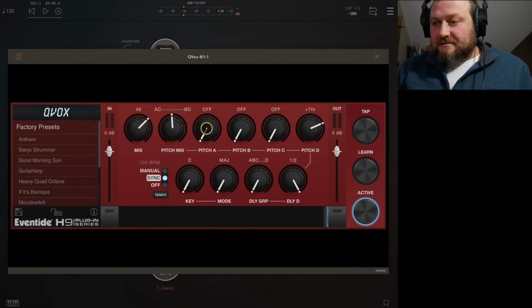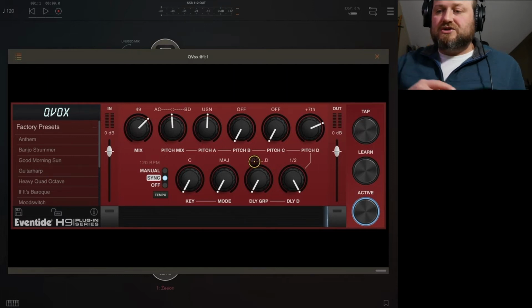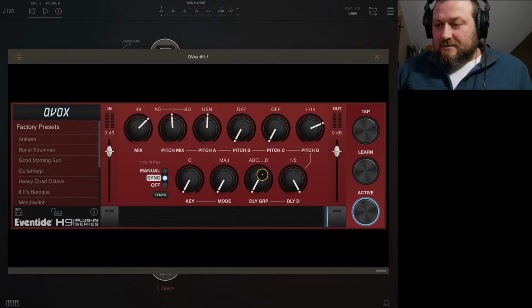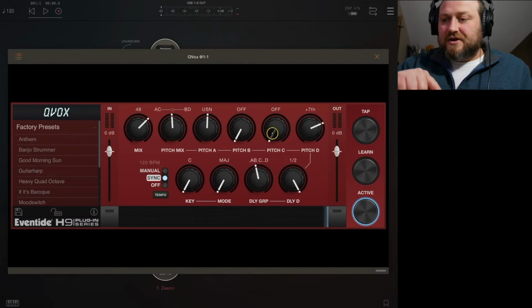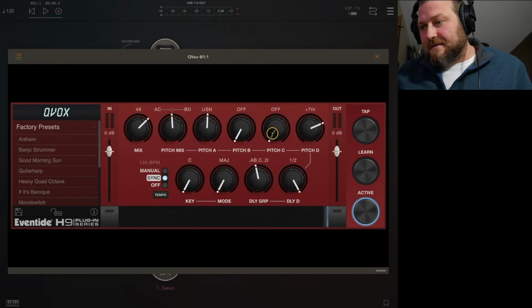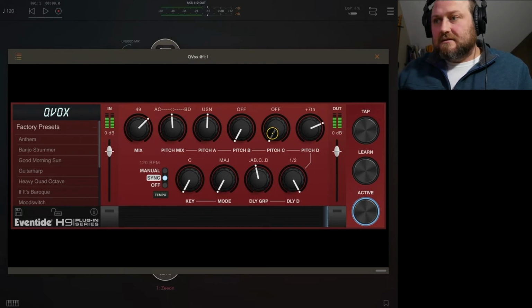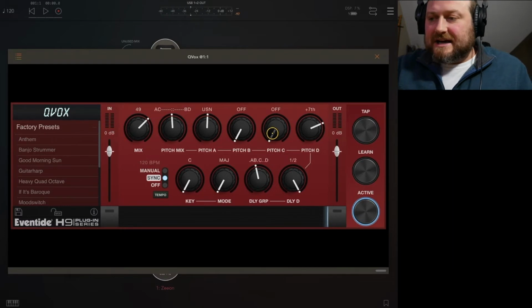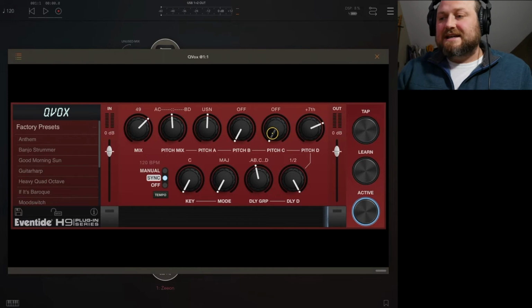But say you turn on pitch A, you know, it's playing pitch A along with the note that you're first playing. But if I move this all the way to where there's a dot in front of A, then you're going to hear a note, hear A, and then hear the pitch D delay. And so you're setting the delay of D,